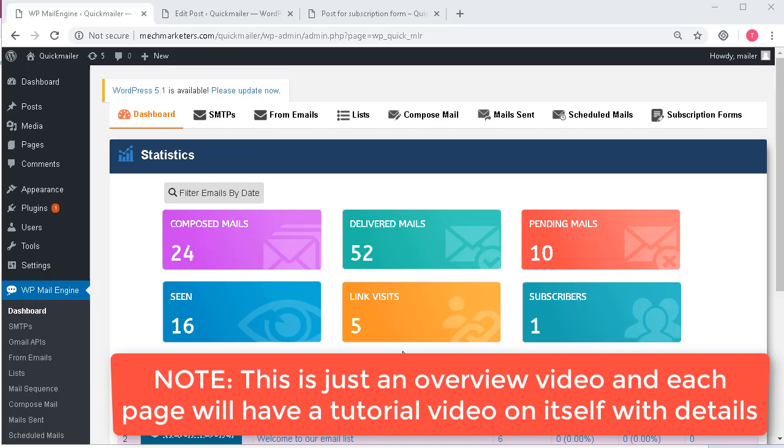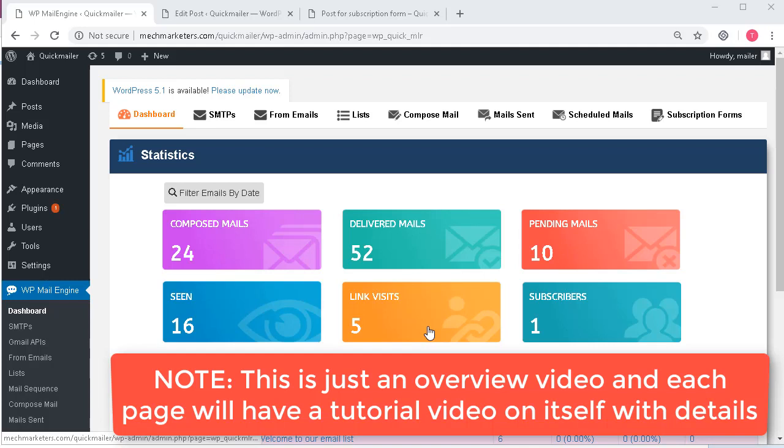Hello ladies and gentlemen. Today we are going to see a WordPress plugin called Mail Engine, which is a wonderful plugin that allows all you email marketers to create subscription lists, manage your emails, see the people who are subscribed to your list, edit them, and compose and schedule mail to them to be sent automatically at a specific time.